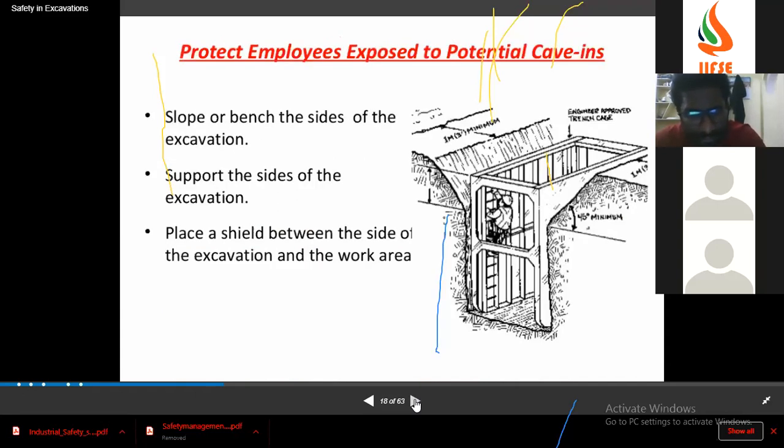See, this is called shielding. This is called a trench box. They have made a 45 degrees minimum cut at the top, right? If the degree of cut increases, the risk of sand falling, or the pressure on the sides, will decrease. In our olden days they used sloping and benching. Sloping means they cut the sides, but sloping and benching involve a lot of manpower and waste of time. That's the reason these techniques came. This is the trench box or shielding.